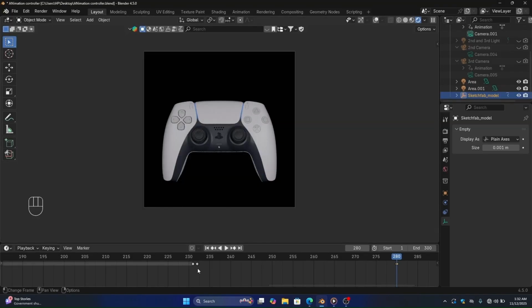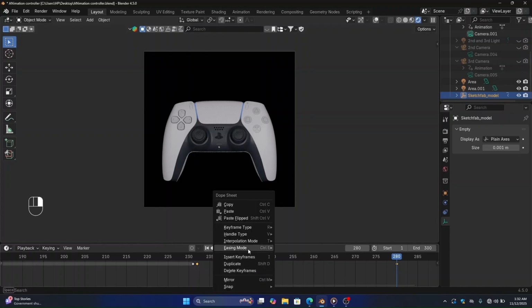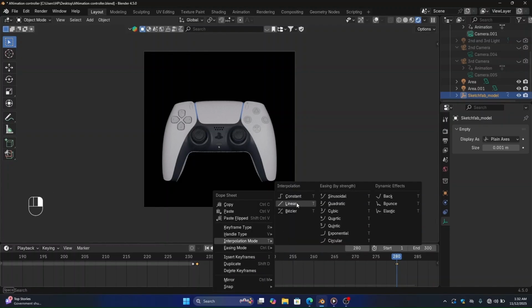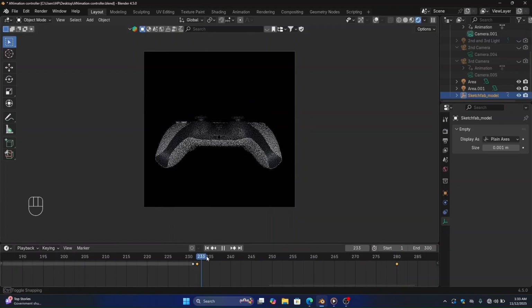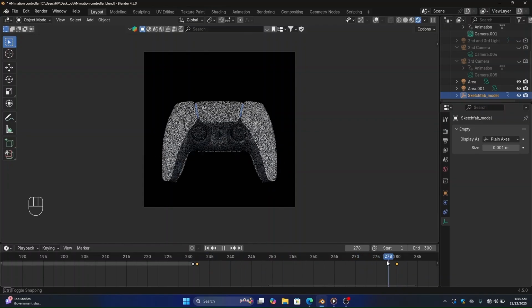Go to Blender and just select both of these keyframes like this. And you can also select one and hold your shift and press the second keyframe and right click on your mouse and go to the interpolation mode and select linear. And now it will look nice. And after that, go to the 281